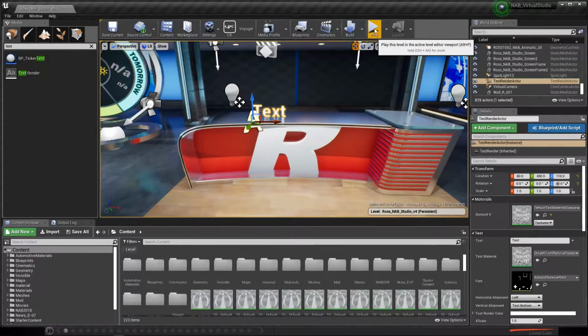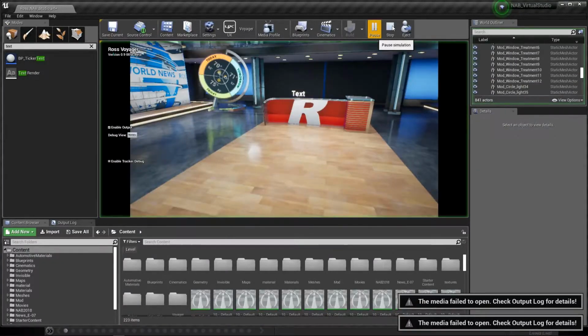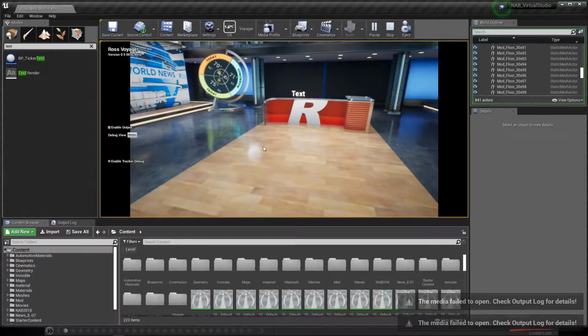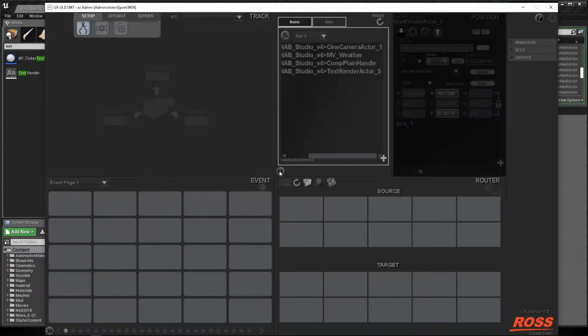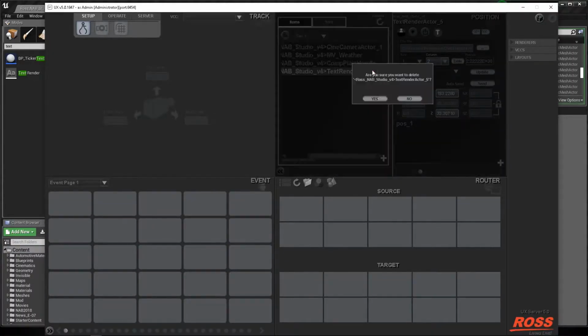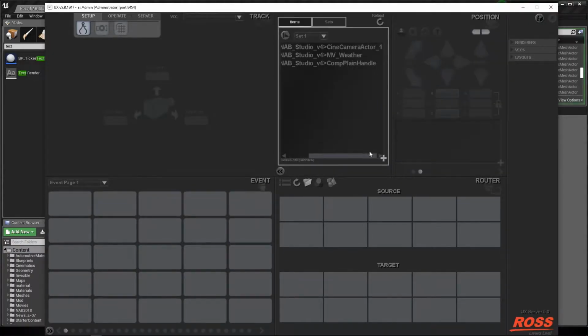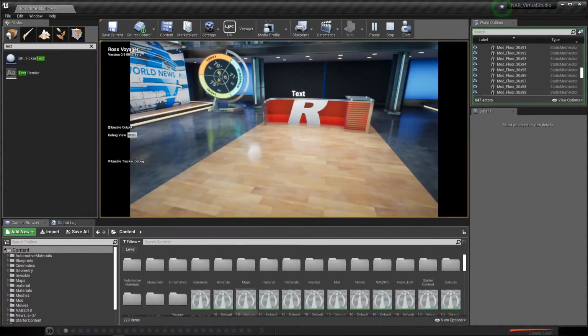Okay, I'm just going to jump into play mode so we actually have a link. Okay, so now we're in play mode. You can see now it's using the camera that's been selected here. So what I'll do is I will remove this text here and I'll add the new one that we just added to the scene. So again, in the drop down menu here in the position quadrant, how you get to that